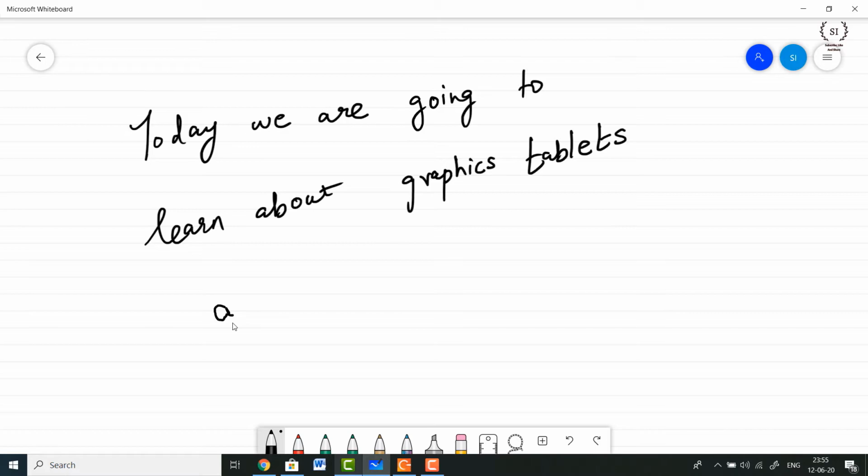Okay, so let me draw a few freehand sketches. For example, if I wish to draw a circle, I can do so with the help of this pen. Okay, you saw what exactly happened. I simply drew a circle which was not looking like a circle, but once I lifted my pen from the tablet, it automatically converted that into the nearest symmetrical shape it found to be. Okay, so this is done with the help of this tool, which is Microsoft Whiteboard.